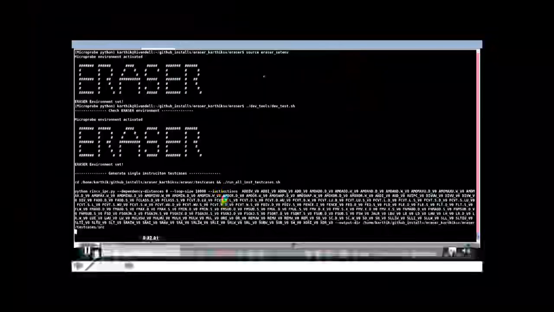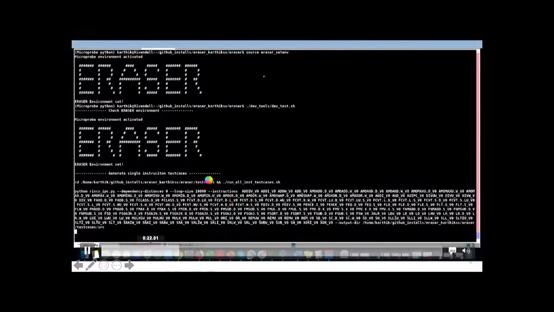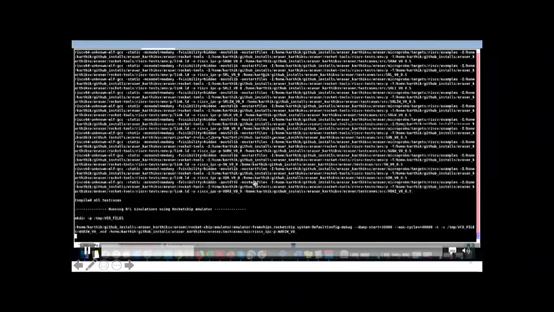So the first task would be to generate the single instruction test cases. These are all the instructions in the RISC-V ISA. We generate these test cases and compile them. This shows the entire workload being compiled. We then run these through the Rocket Chip emulator, generate VCD files, which we then parse to generate latch activities. These latch activities are then aggregated to get macro level statistics and to get this kind of 2D macro versus instruction residency profile that I had shown.